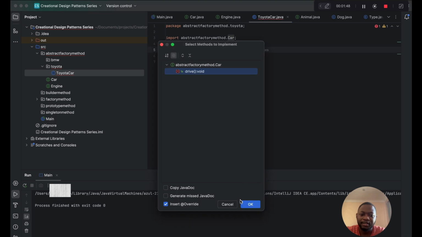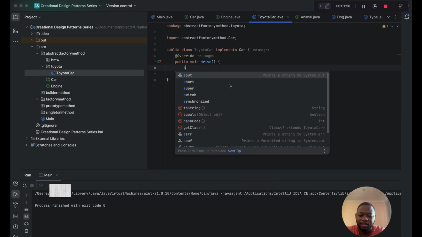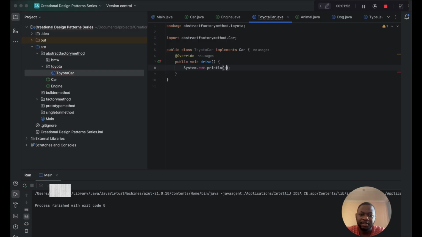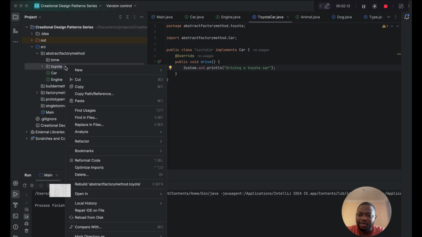Let's do that. Just print out "driving a Toyota car",